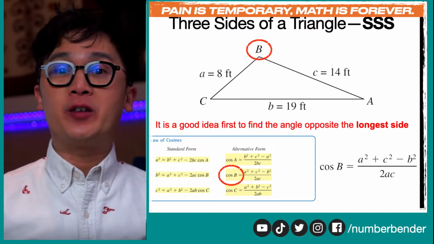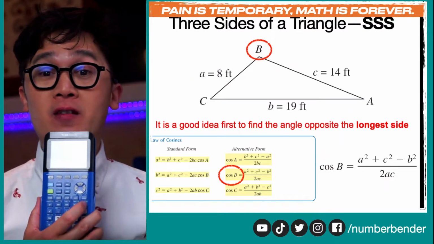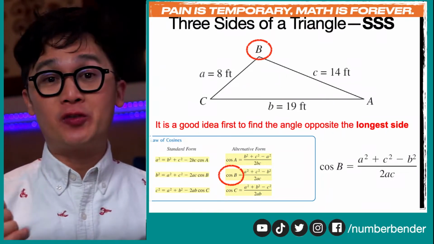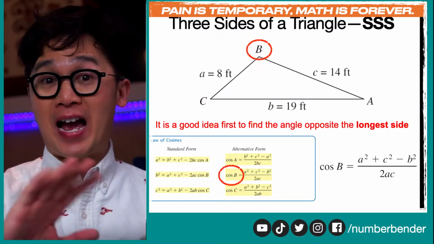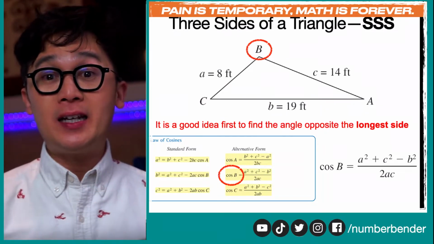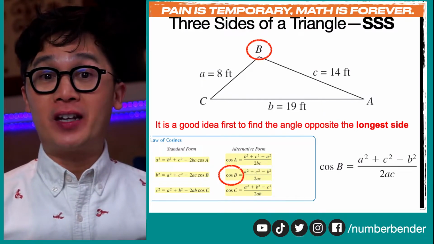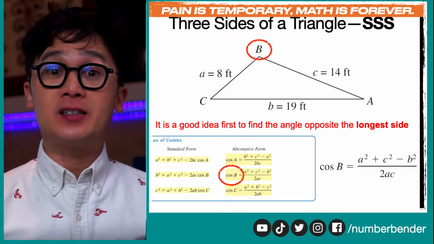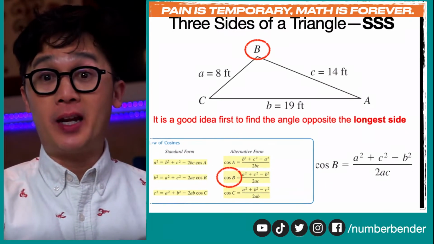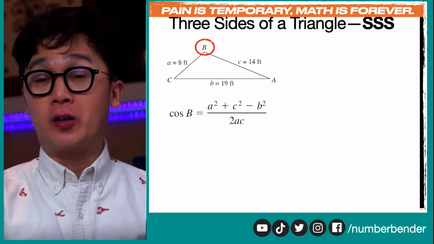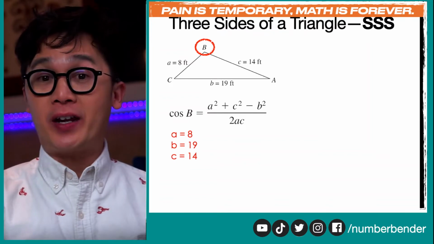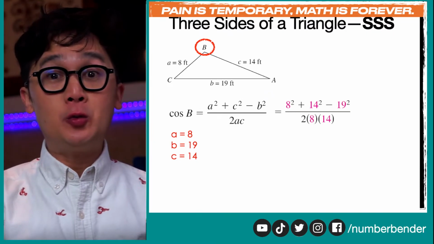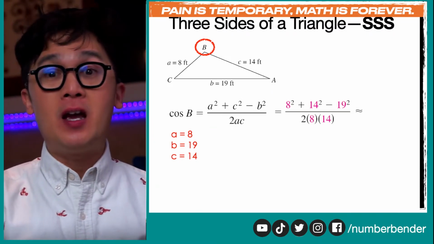Now, a tip when using your calculator: make sure you use your grouping symbols correctly. Most of the time it's frustrating when we enter all the values of a, b, and c correctly, but the calculator doesn't give us the right answer, and most of the time it's because we are missing the parentheses or grouping symbols for the numerator and the denominator. So how are we going to use our calculator to solve for cosine B? We know that a is equal to 8, b is 19, and c is 14 feet. By direct substitution, we find cosine B equal to negative